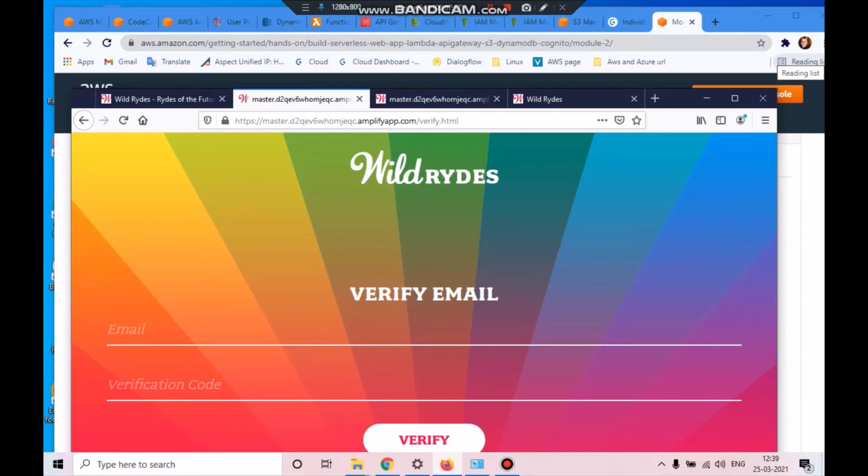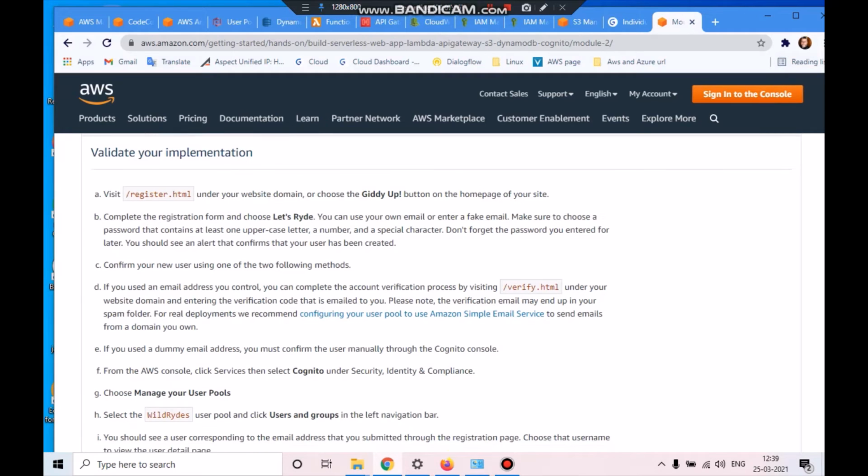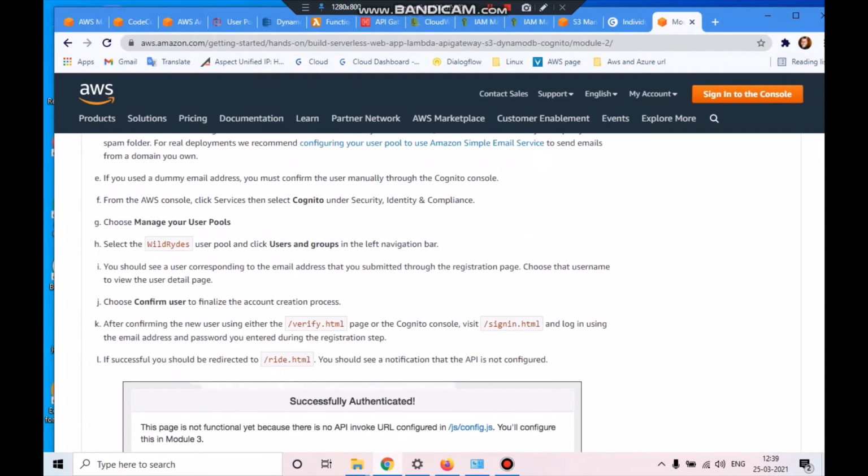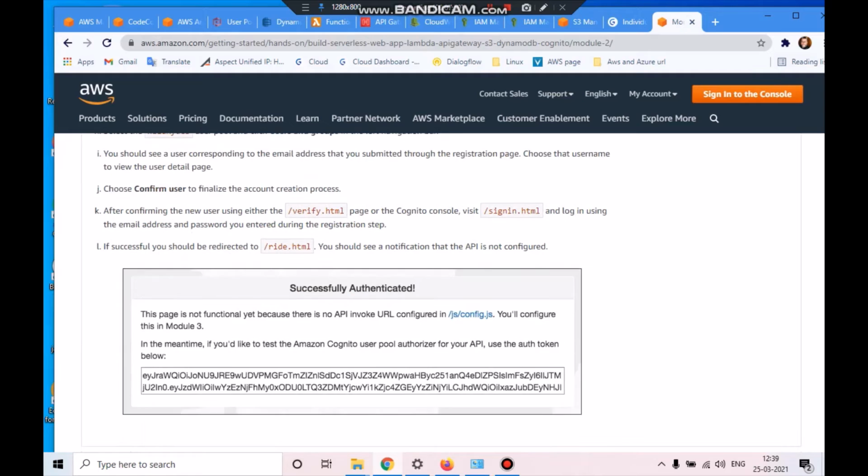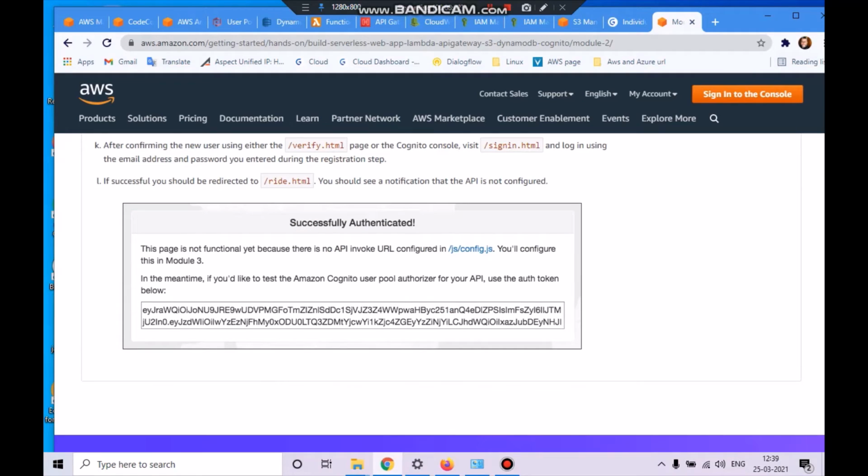You can sign in with your credentials, get a username and password, and you will get a successful authentication. At that time it gives the same error, but this box would be empty. You have to create it in the second stage. Once you get authenticated, the key will be generated.